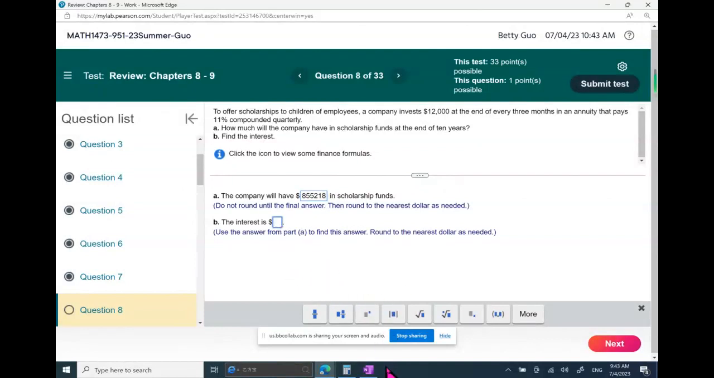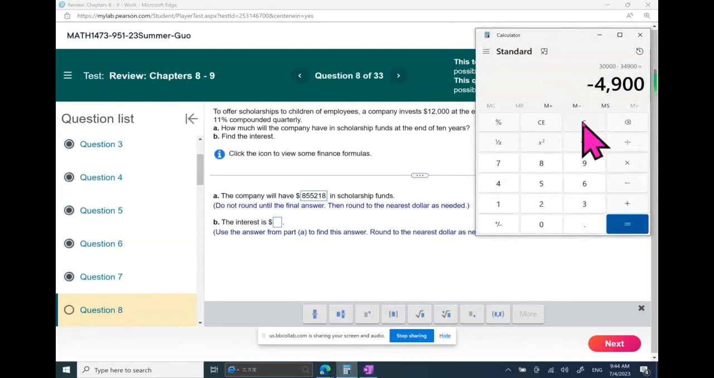Okay, interest. We had a similar problem earlier, right? So in this case, the company deposits 12,000 every quarter for 10 years. So multiply by 40. That's the total contribution to the account, right? But in 10 years, you have more than that. How much do you have after that? After 10 years, you have 855,218. So we're going to minus